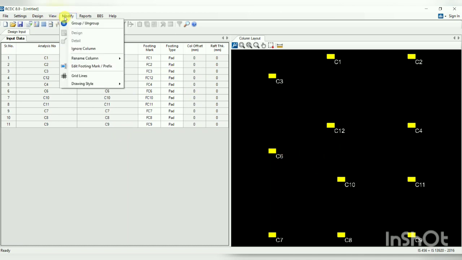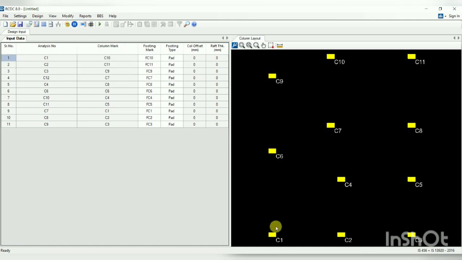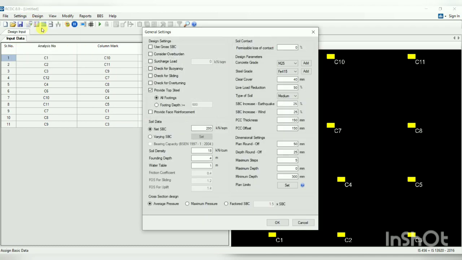So here you can modify some things, like rename from bottom to top, so that we can get the column numbers from bottom to top. Now go to setting, general setting. Here you can select the points as you want, like if you want check for sliding and check for overturning, and if you don't want the steel here, you can keep it.